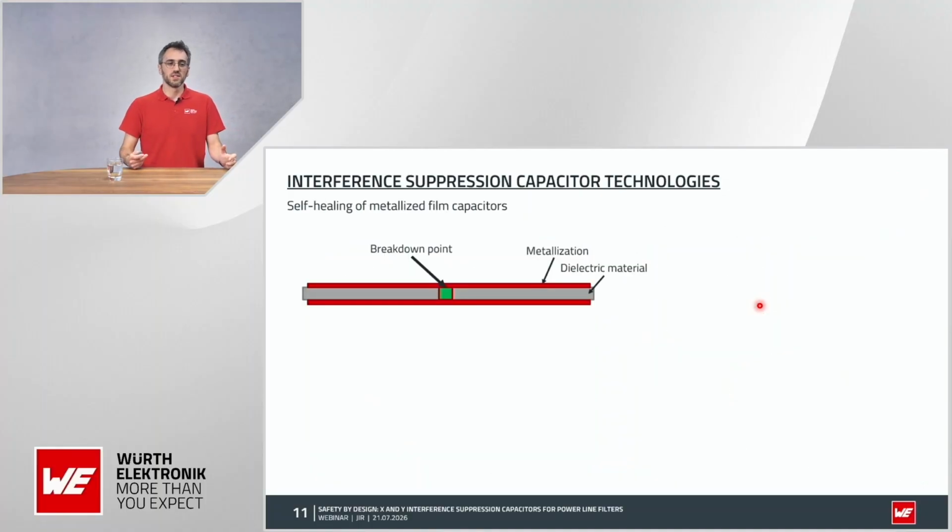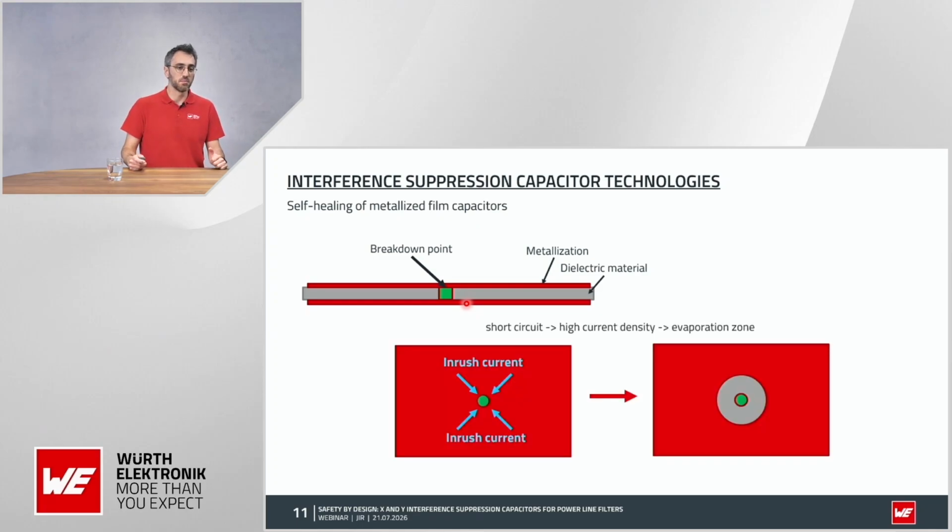Why do we use this metallized film structure? Well, we can get a lot of capacitance because the film is so thin and the metallization is so thin, so we can have more windings. But the main advantage is the so-called self-healing property. If you apply voltage and somewhere in the dielectric film, in the isolation, there is some weak point, this is the point where we apply a voltage that is more than the breakdown voltage of this specific point,